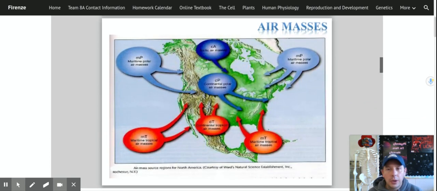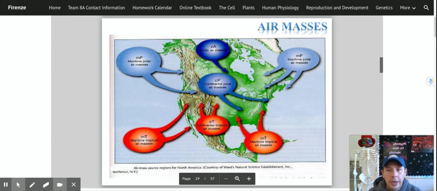All right. So some common places where air masses form. So take a look here. This is what I was explaining earlier. So maritime means it was formed over water. So let's say here's an air mass here. It's forming over water. Maritime. That means it's going to be wet air. Okay. Now it's up here forming next to Alaska. It's cold up there. That means polar. So this is a maritime polar air mass. That means wet, cold air is going to come into our country for a couple days.